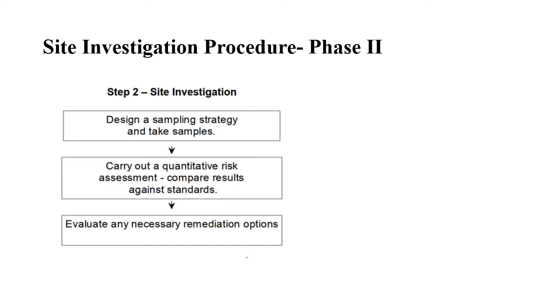Then you have to do your quantitative risk assessment, and whatever values you get regarding the contamination have to be compared with standard results. For every soil, water, and air, if a particular contaminant or component exceeds a certain limit, then it is said to be highly polluted. So always with the standards, or as per the Environmental Protection Agency, there will be a standard value, an allowable limit, for each of these contaminants.